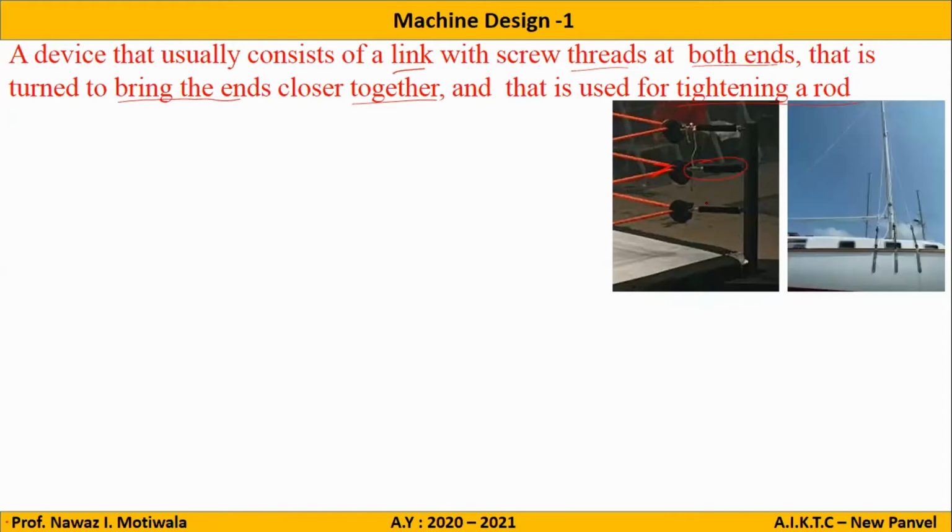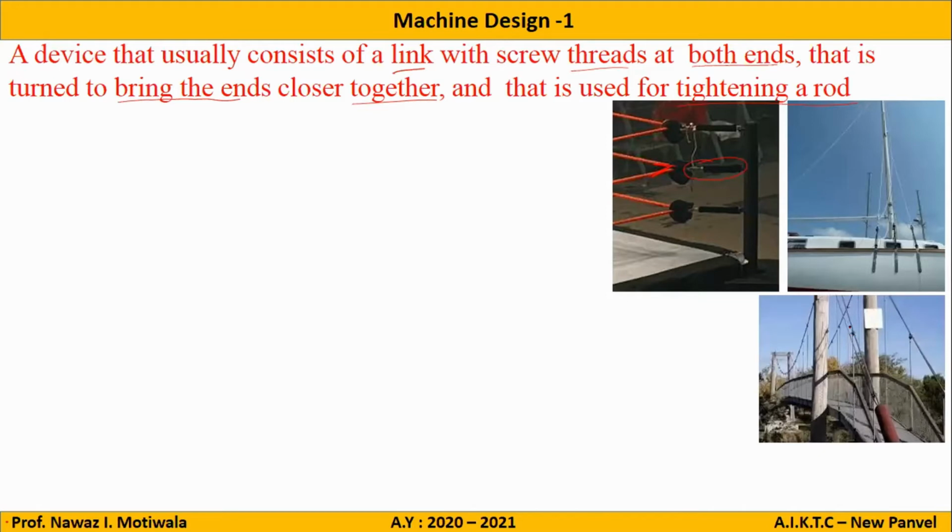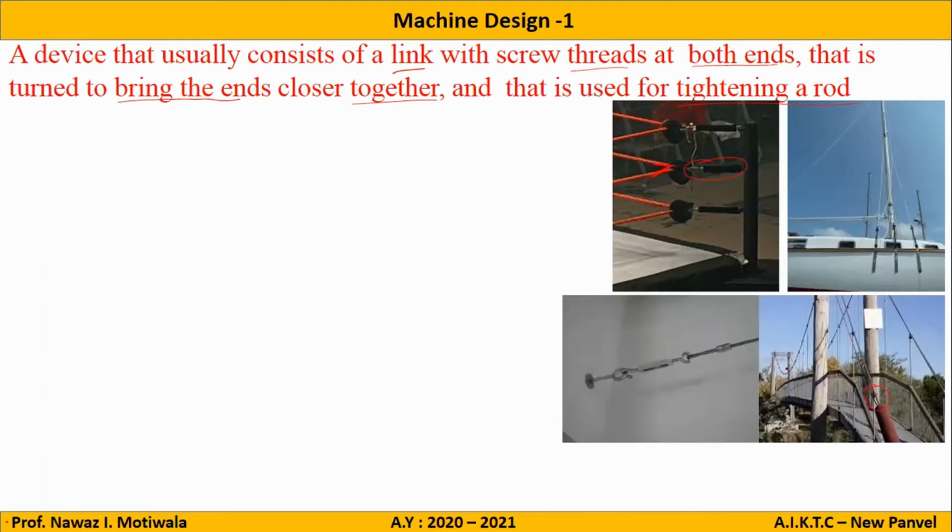Then another example which I can show is this one, the towers or the ship anchorage. अगर शिप में भी आप देखोगे, these are the turnbuckles which are anchorage of the ships. Then bridges, here you can see turnbuckles here. So this is a turnbuckle here to maintain the tension in the ropes. Then here we can use it in the household purpose to make the clothes dry.